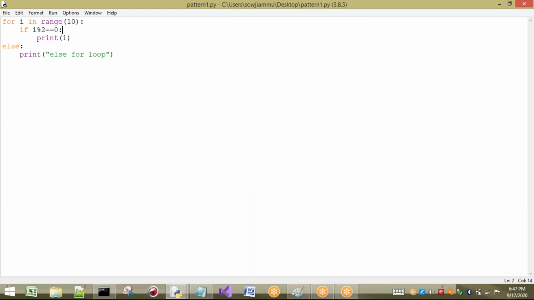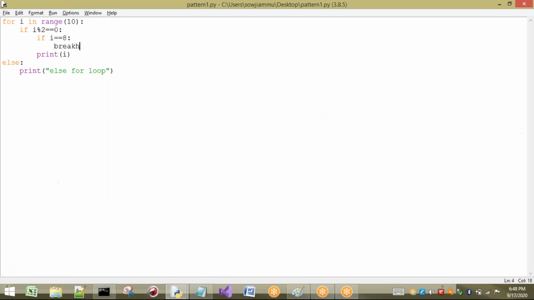For example, here I will write a break. If i equals 8, I will write break. Then what happens? It will print only up to 6: 0 to 4, 6, and then it will apply break. Then else will not be executed.